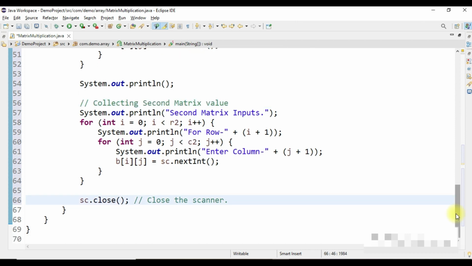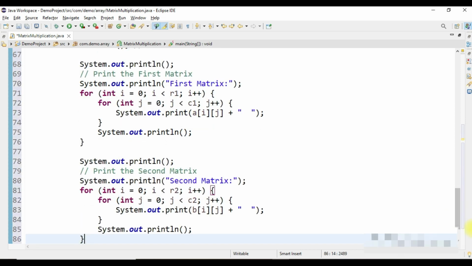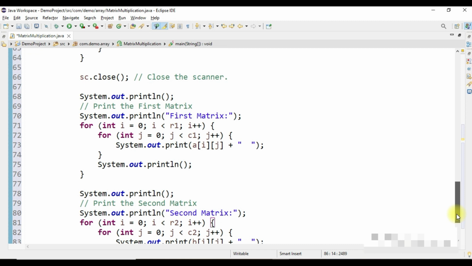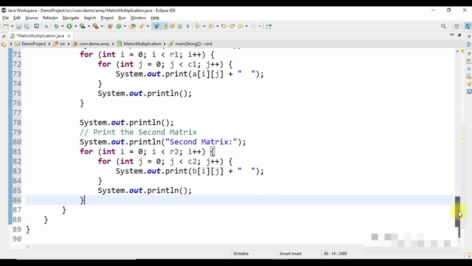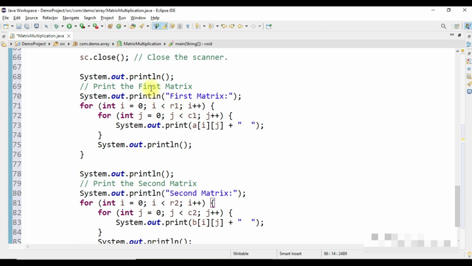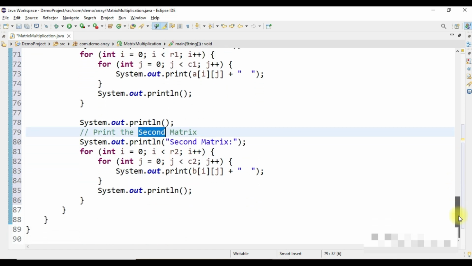Now what will be our next step? Our next step should be printing the first and second matrix, and we know the exact syntax. I am just copy-pasting the code from the existing one to show the exact printing statement for the first matrix and the second matrix that we actually collected in this step, right? So once our printing statement is done for the first matrix and the second matrix, then our next step is creating